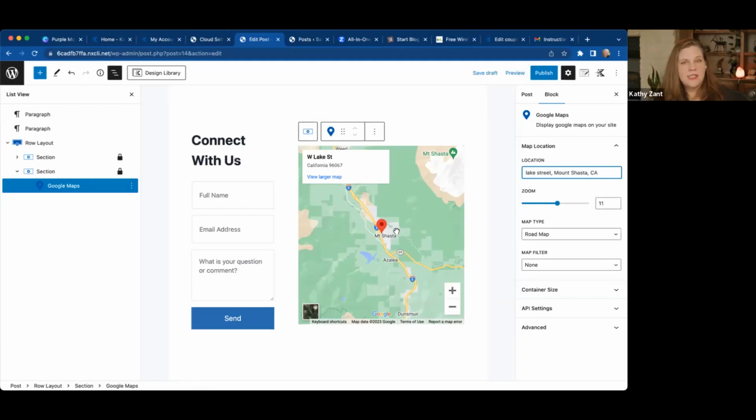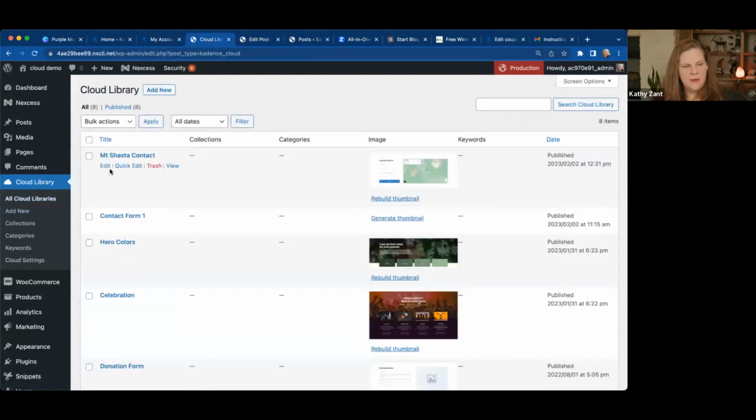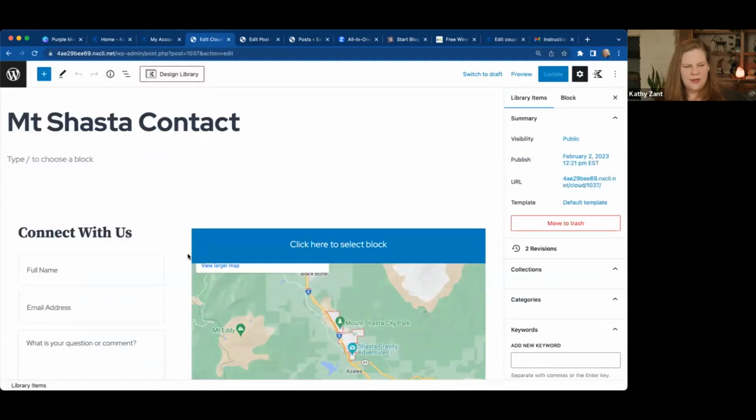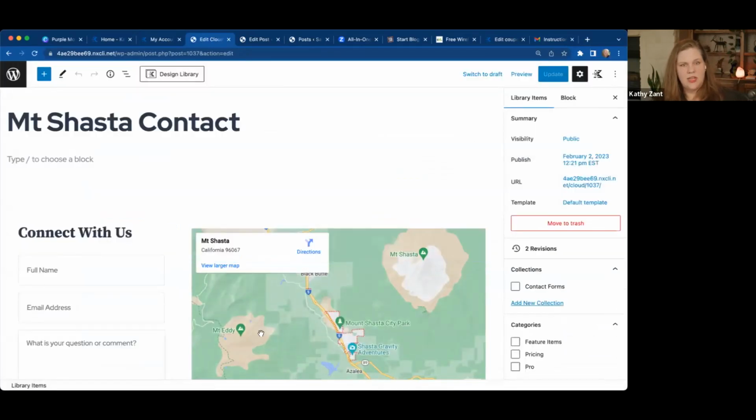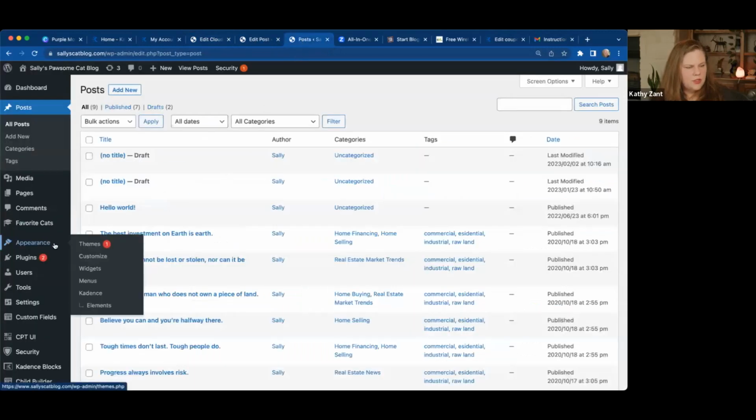Now, I'm changing it just on this site that inherited from the cloud. This does not change the initial settings within that cloud setup. So if we went back over to this cloud where we have the master set up and we took a look at that, it's not going to see Lake Street on there at all. It's still going to have just a generic Mount Shasta for the location there. All right, so we did that. Now I wanted to show you